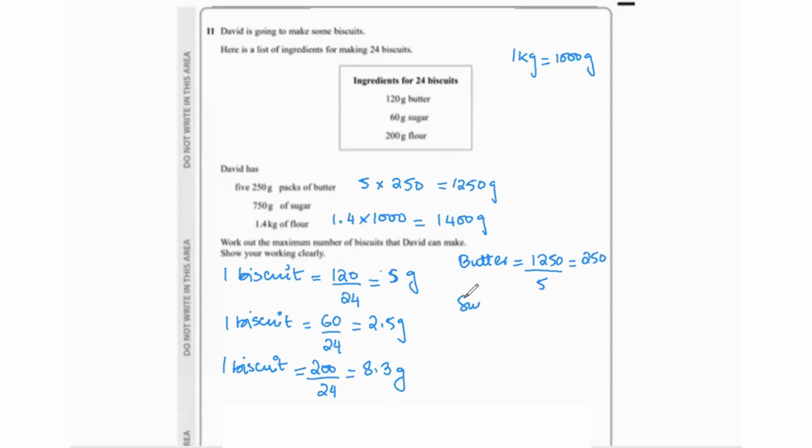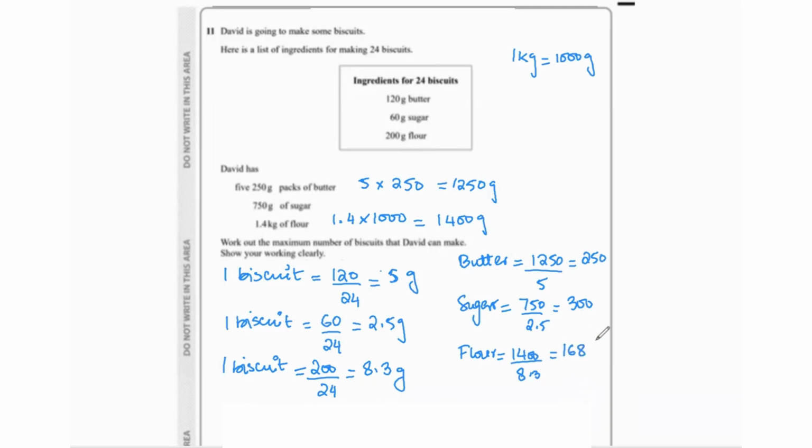Then for sugar, we'll do 750 divided by 2.5, which gives us 300. So 300 biscuits for this amount of sugar, and for flour, that's 1400 divided by 8.3 recurring, which is equal to